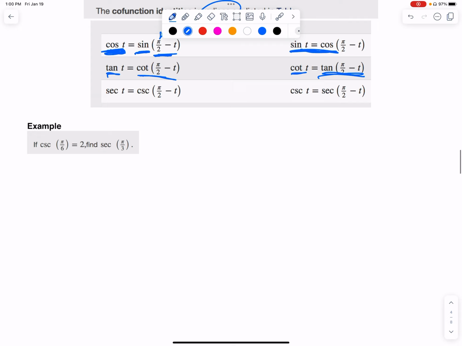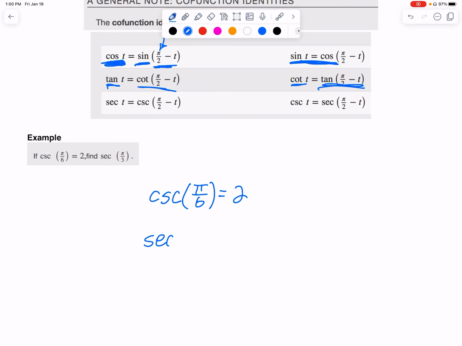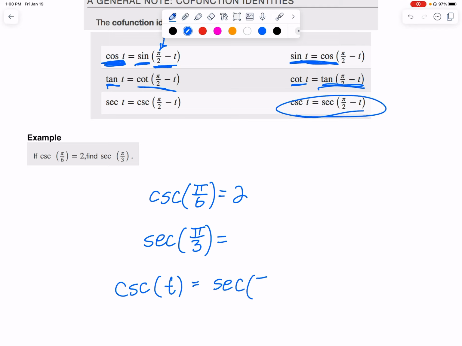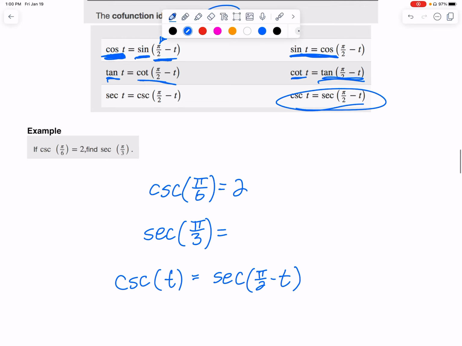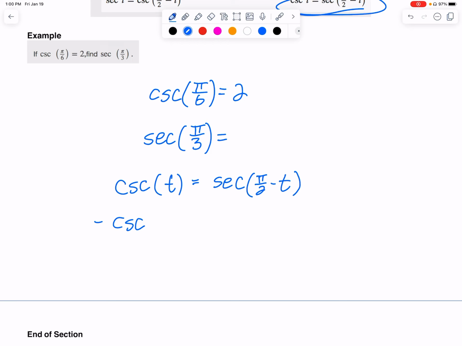All right, let's do an example of this. All right, the example is cosecant of pi over 6 equals 2. And we're trying to find secant of pi over 3. Okay, well, I know that cosecant, let's write out a couple things here. Cosecant of t, I'm looking here now, is equal to secant of pi over 2 minus t. So if I follow this, cosecant, which is equal to 2, of pi over 6,